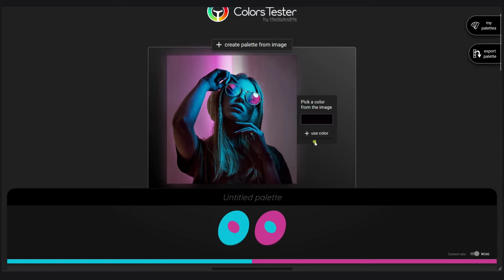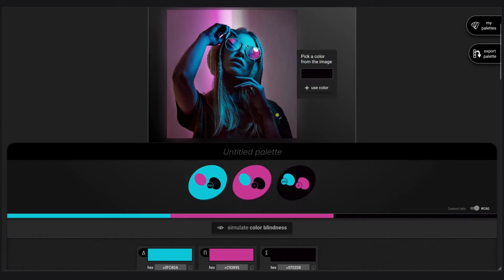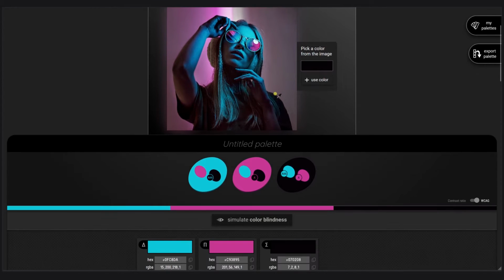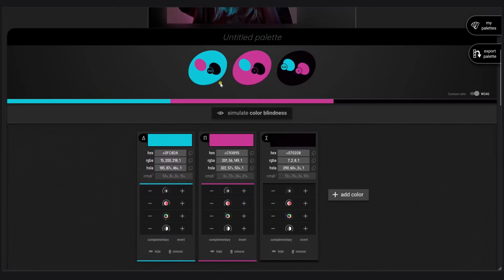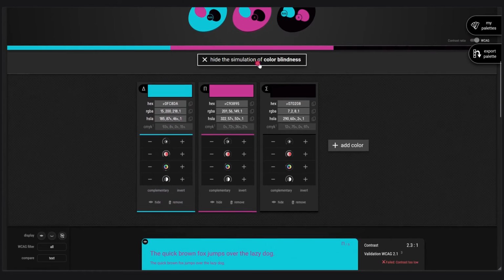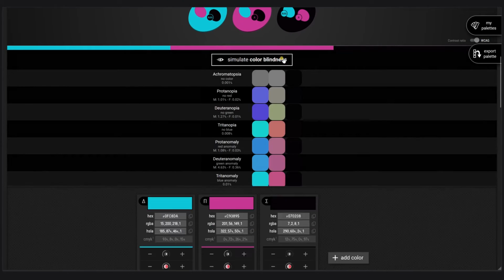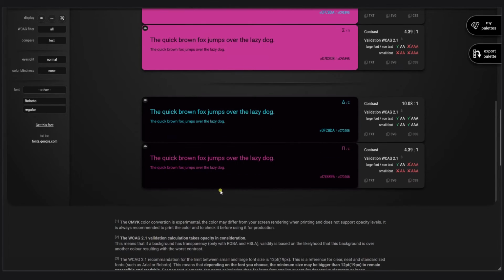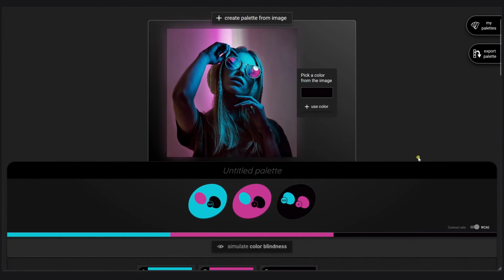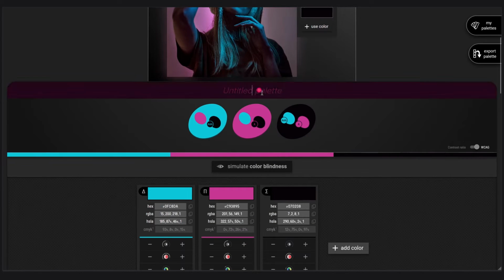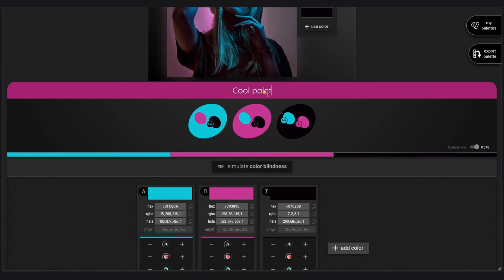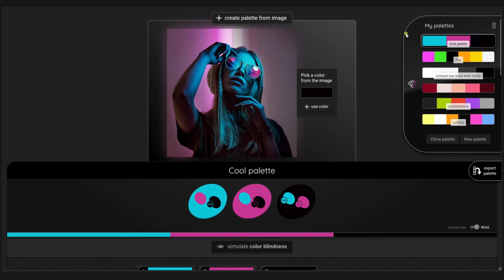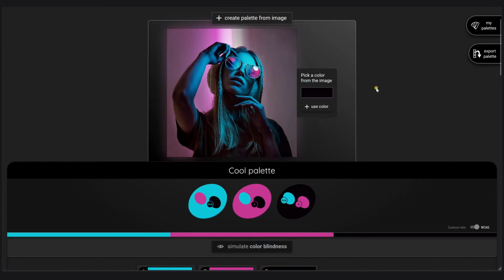color I want. I can choose after to work on this palette. The image will disappear, it won't be retained, but the color will still remain. I can choose to check, of course, the color blindness, do the different tests, and I can rename my palette to some cool palette name. This will also appear in the color list, of course. This is how to rename a palette as well.